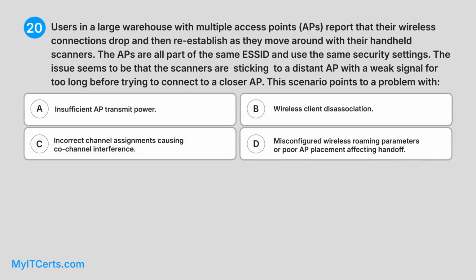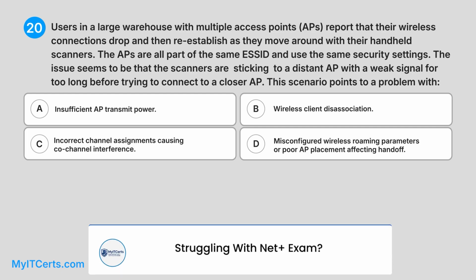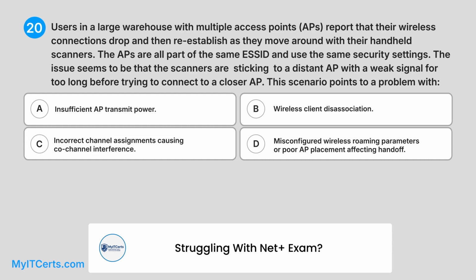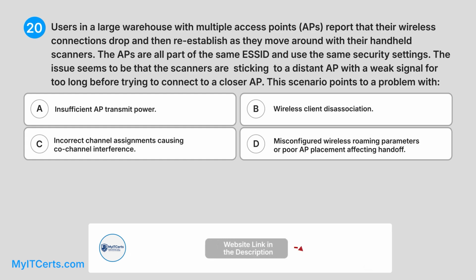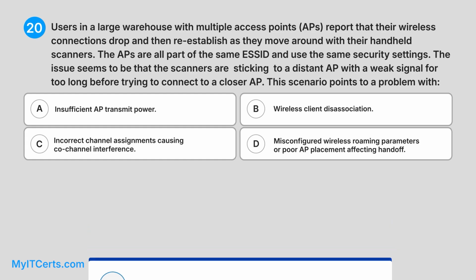20. Users in a large warehouse with multiple access points report that their wireless connections drop and then re-establish as they move around with their handheld scanners. The APs are all part of the same ESSID and use the same security settings. The issue seems to be that the scanners are sticking to a distant AP with a weak signal for too long before trying to connect to a closer AP. This scenario points to a problem with